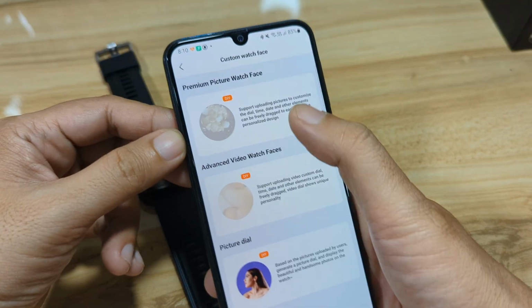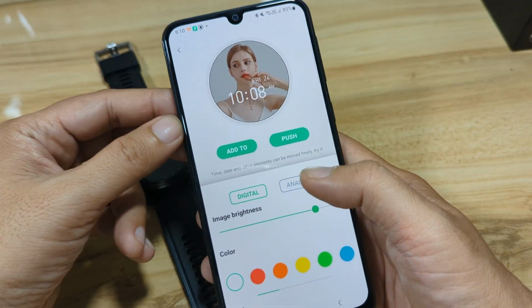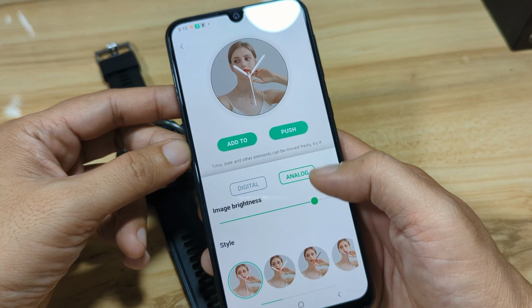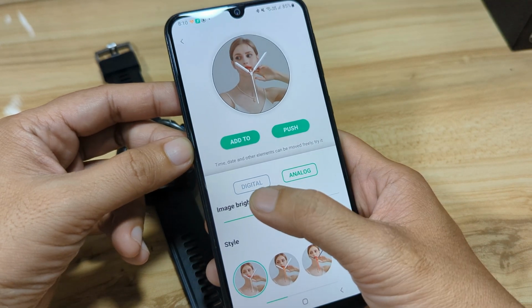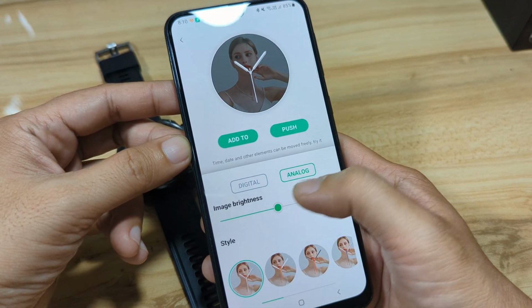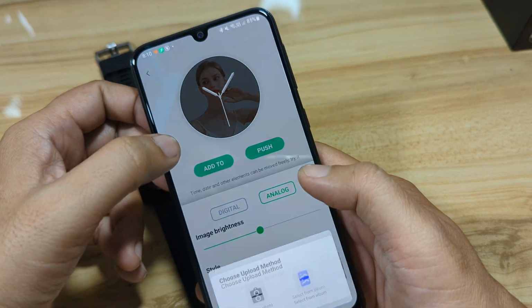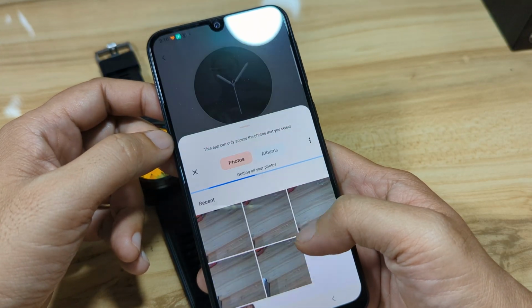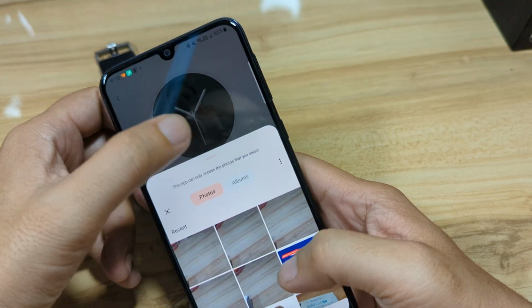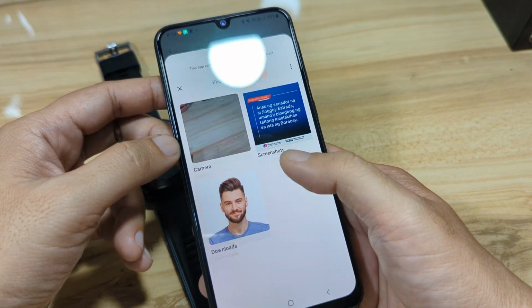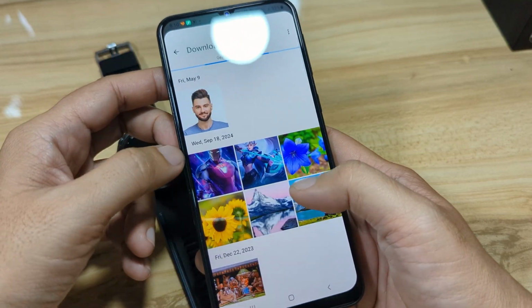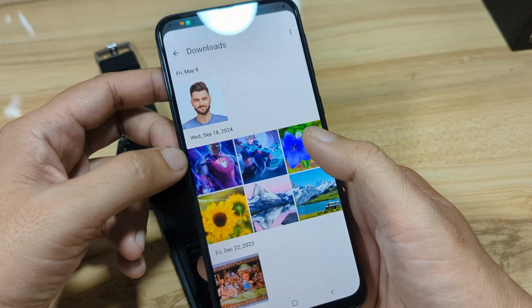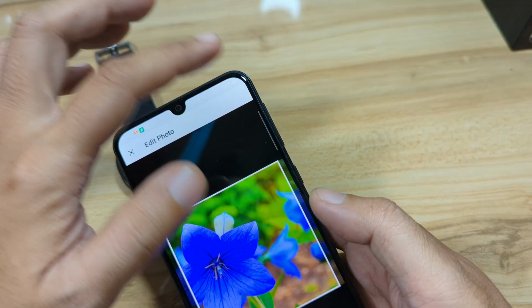We'll pick first this one, premium watch face section, and we will pick an analog style. The image brightness, we'll lower it. Let's select from the album. You have some downloads here. We'll pick this one, check.